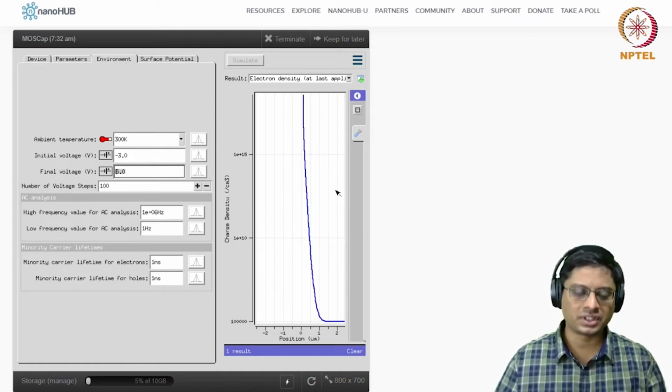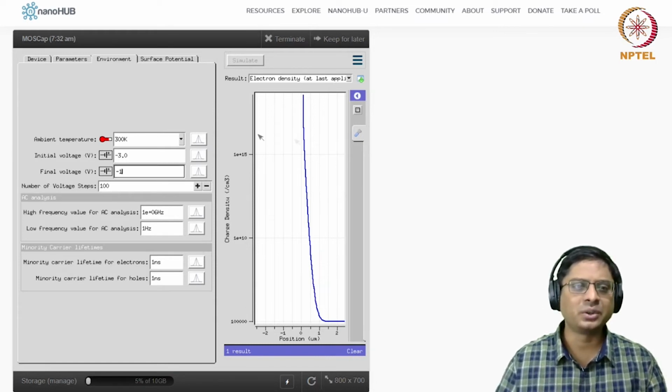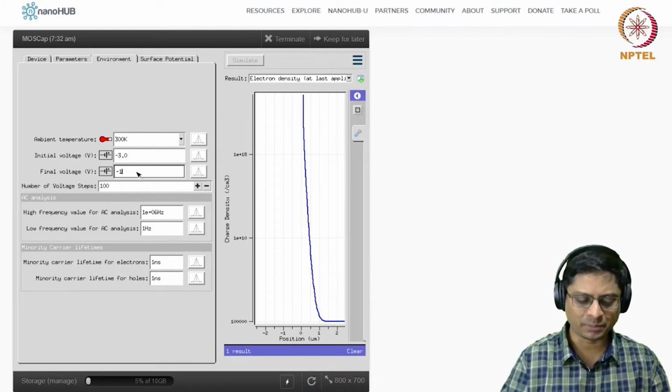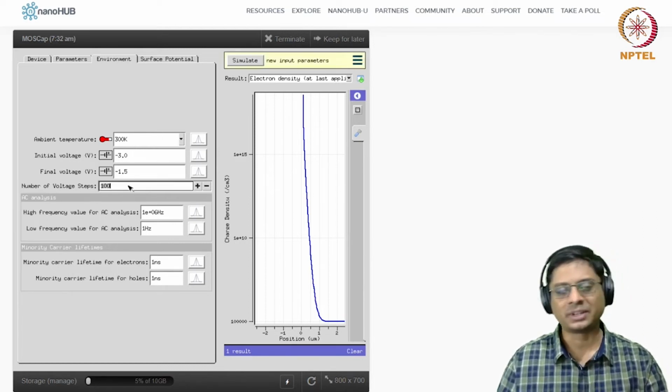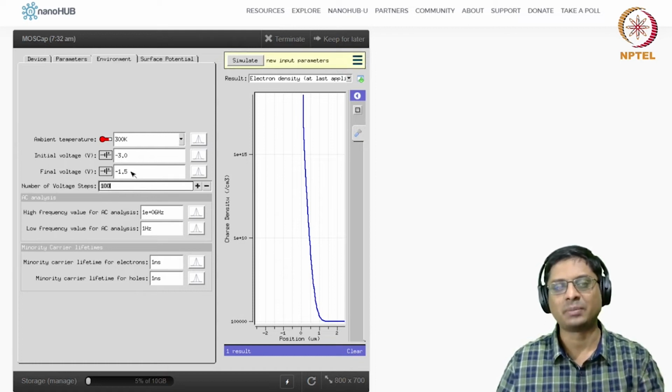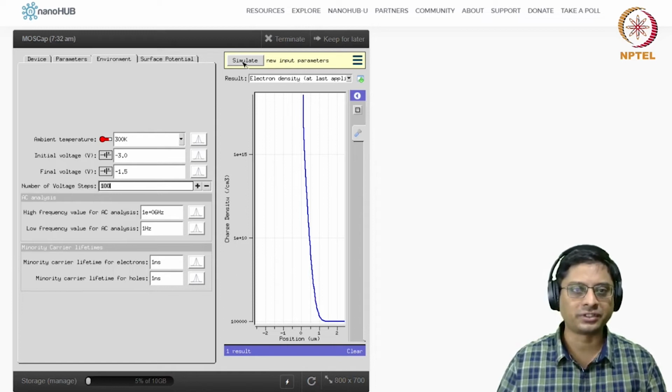So that's why. If you look at this, unfortunately here you can't look at any particular voltage. So let me take -1, okay, where I know that I think this should be in depletion, or even 1.5. There I know that it will be in depletion mode. Unfortunately, I can only see the last applied bias. So I was seeing only 5 volts. So now I'll run it only till -1.5. And if I do that,